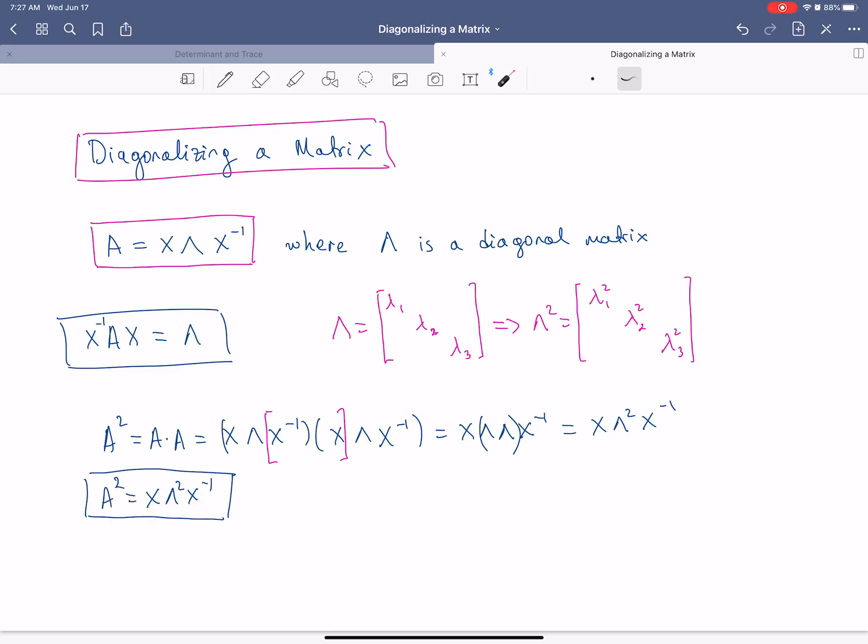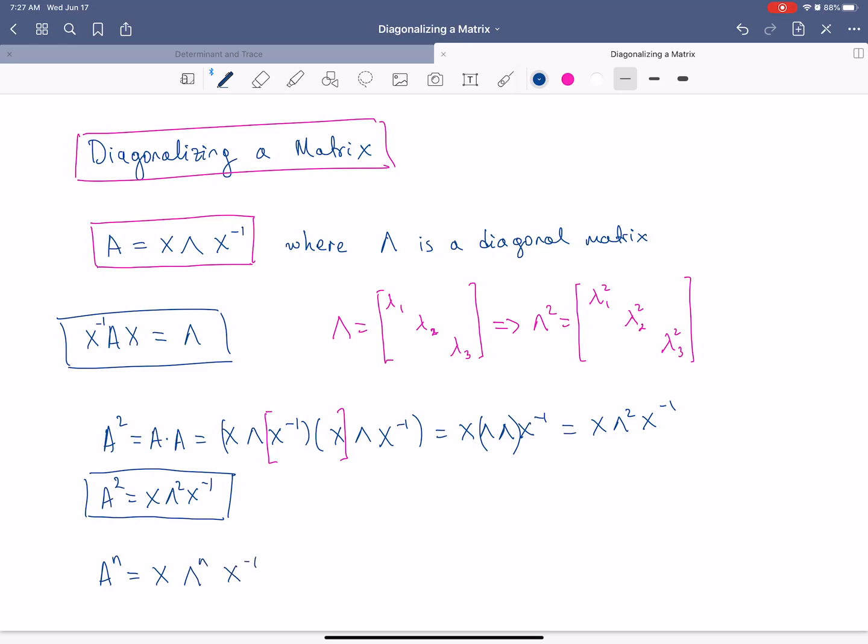If I need this for A to the power 100, then it's definitely worth it to find the factorization X lambda X inverse, take lambda to the power 100, and then multiply again if I actually need A. Although any operation by A can be applied by repeated operation by X inverse, lambda, and then X. So I could carry out the multiplication, or I don't have to, that's okay. So then from here, it is very obvious that A to the n equals X times lambda to the n